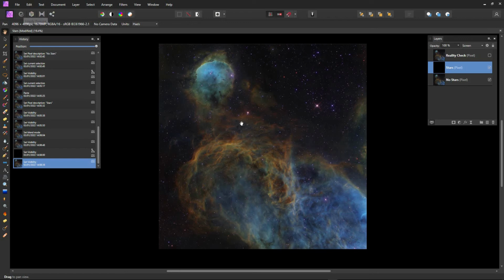Now, with the image open on the screen in the normal way, it's in the photo persona, and this is how you work on a day-to-day basis. But Affinity has these other personas, and these two here are particularly useful. The one we'll concentrate on now is the tone mapping persona. So if you click on that, remember to first of all select your base layer, the image with no stars,